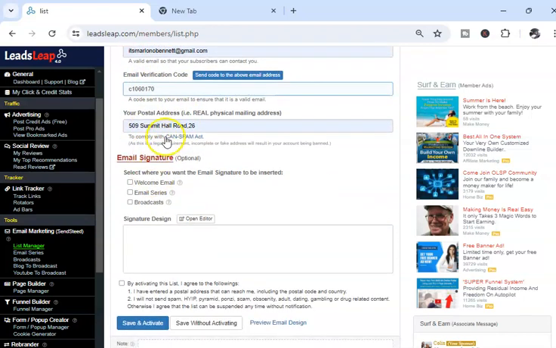okay? Your physical address has to be listed, guys. I don't think post office boxes work. If they may, you can try it. It'll let you know. Put your